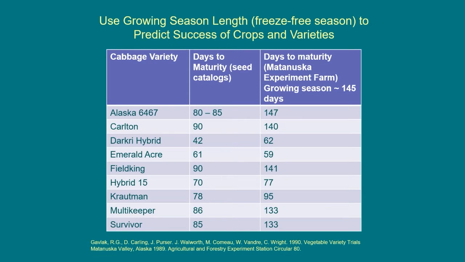Growers try to use freeze-free season or growing season length to predict which crops and varieties will grow well in their area. If the published maturity days for a certain variety are less than the length of the freeze-free growing season, it should work, right? Gardeners will use the dates listed in commercial catalogs and compare them with the overall growing season days. A turnip that matures in 60 days will easily fit into the 110-day growing season in Fairbanks or the 145-day